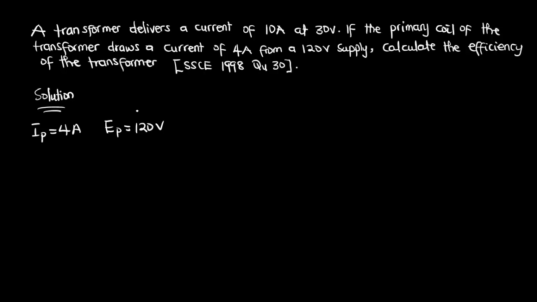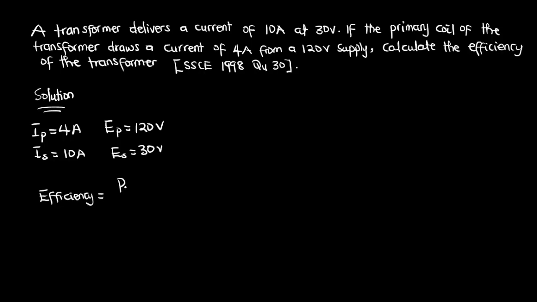So the current given to us here is the current in the secondary coil, which is 10 amperes, and the voltage is the voltage in the secondary coil as well, which is 30 volts. So we have to calculate the efficiency of the transformer. Now, to calculate the efficiency of a transformer, the efficiency